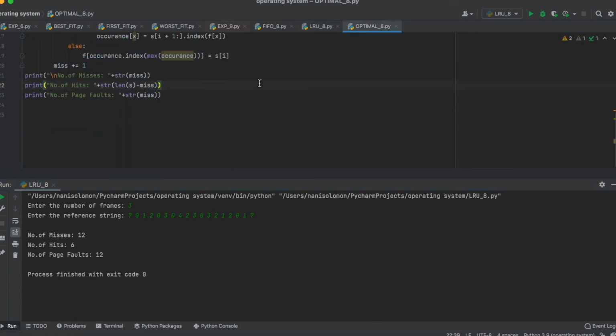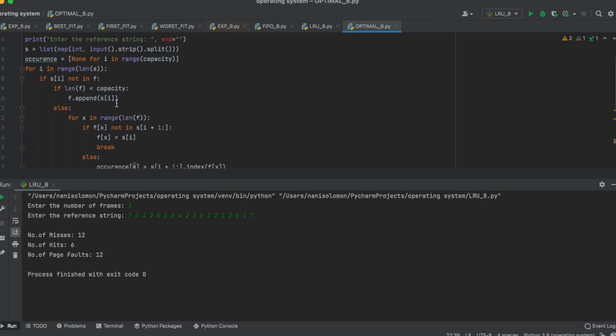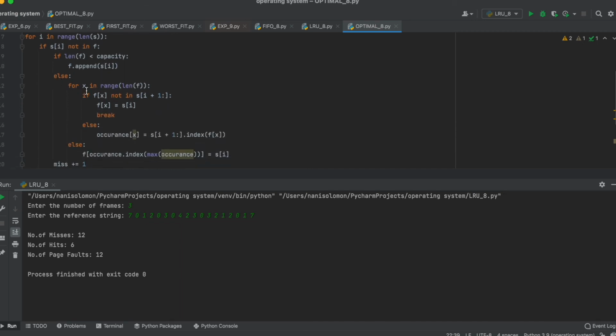For optimal, you can see from here itself it starts with s equals list of map int. This is almost similar for everything. For i in range of length of s, if s of i is not in f, then the length is capacity. It is similar here. From here you can see for x in range of length of f, if f of x is not in s after i plus 1, then f of x equals s of i, break.